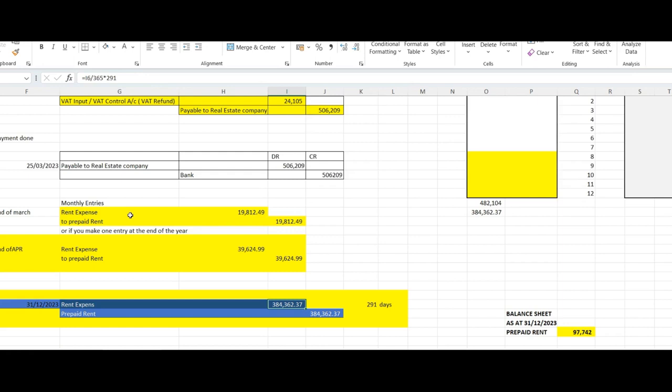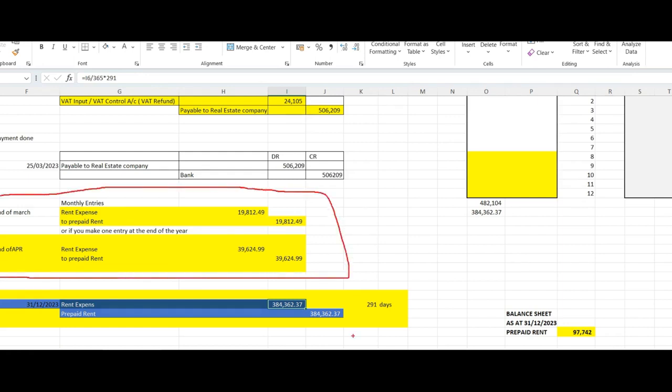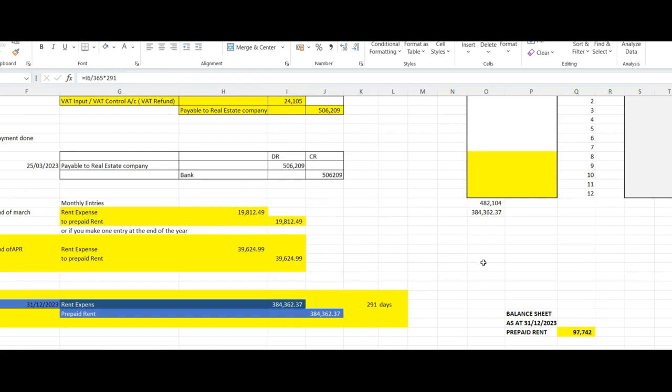Okay, these were just entries for the sake of understanding monthly entries. Now this is the cumulative figure. So this is the amount that has already been shifted to rent expense from prepaid rent. So the remaining prepaid rent as at 31st of December 2023 would be